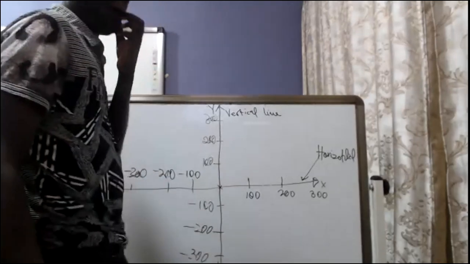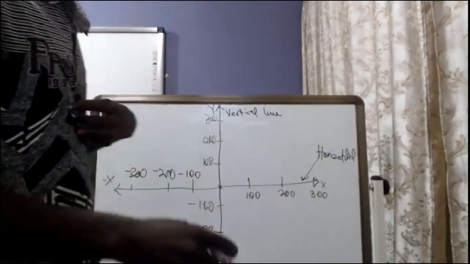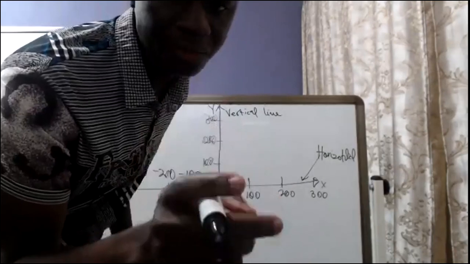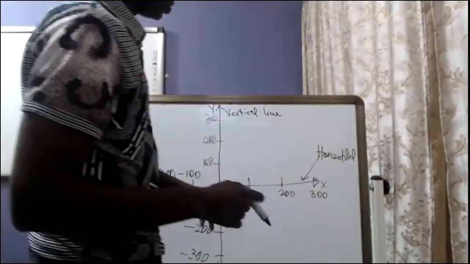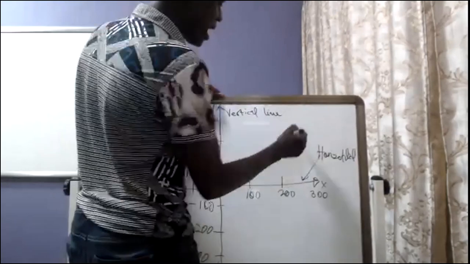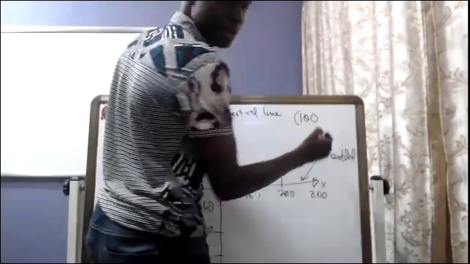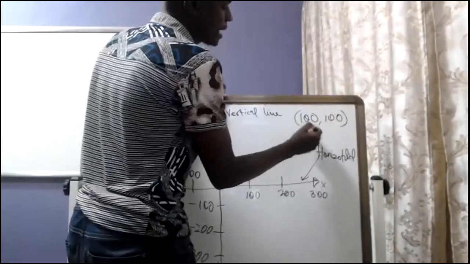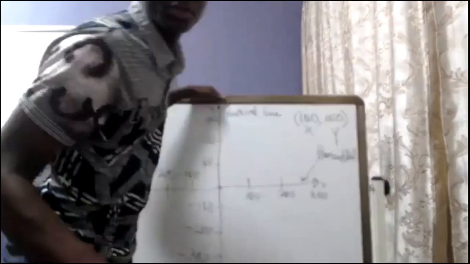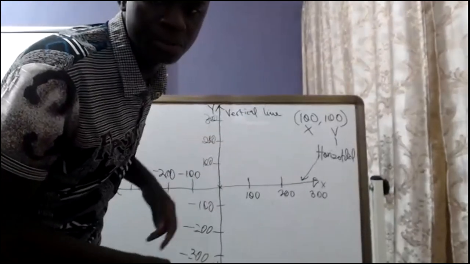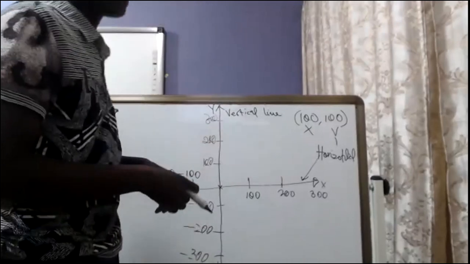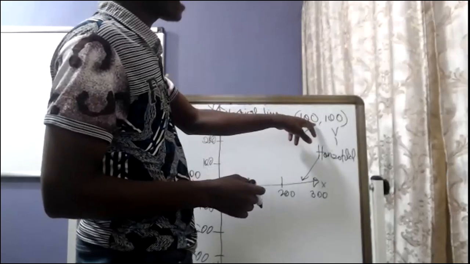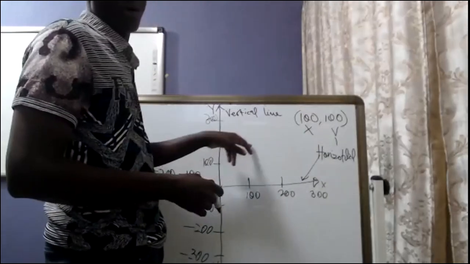Okay, so now I have given you two numbers, okay? The first one was 100, 100. When you write it, we have 100 here, and then we have another 100 here. This is the x, and this is the y. I hope you know that one as well. Right. So if I say locate the point of 100, 100 on the x and the y axis,